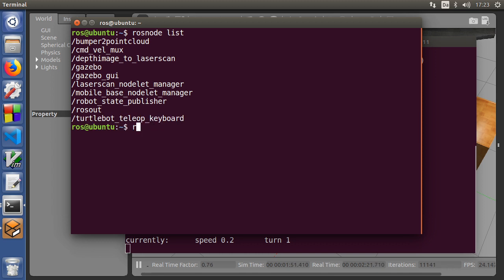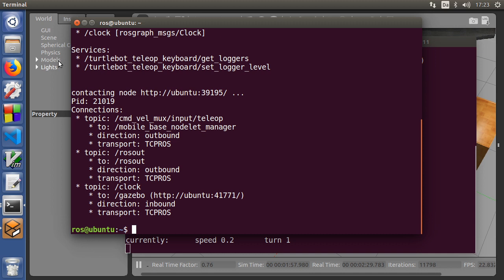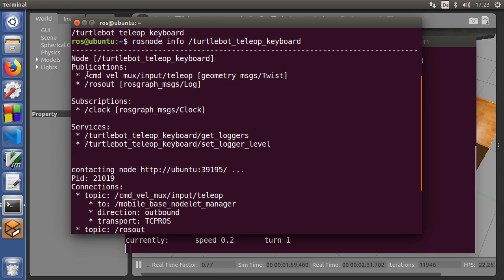So we'll say rosnode info turtlebot_teleop_keyboard, and we'll see that it publishes on this command velocity mux input teleop,